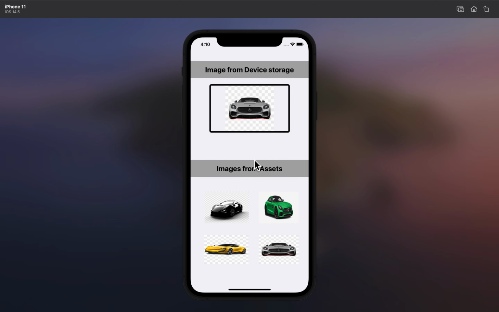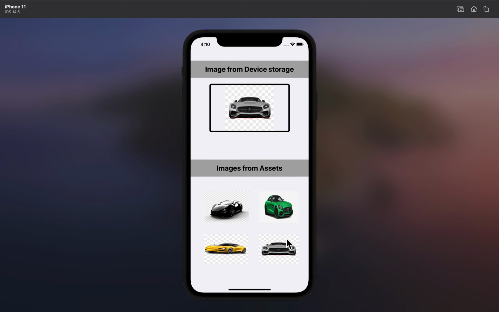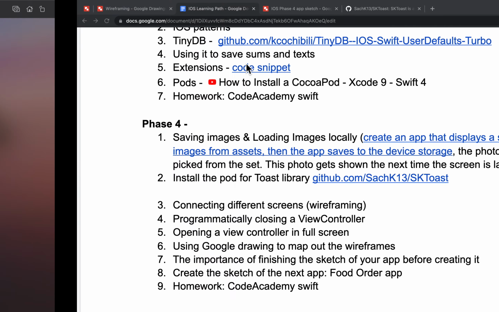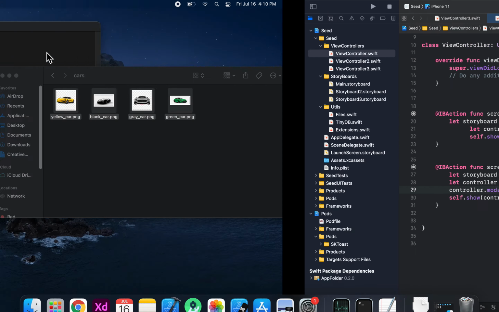So that's how you dismiss a screen, and that's how you show a screen in full screen, a view controller in full screen, by saying controller.model presentation style equal to full screen. I remember we were opening the screens from our first view controller. Next,